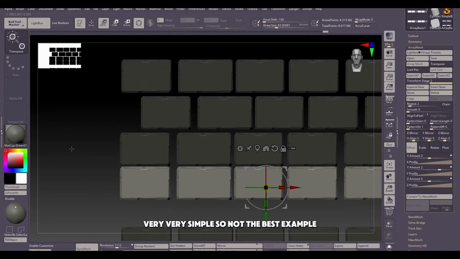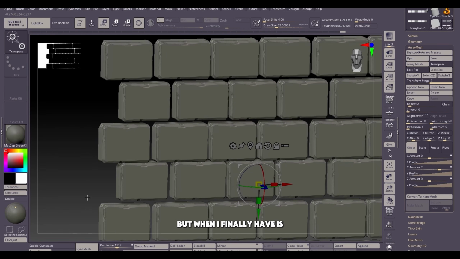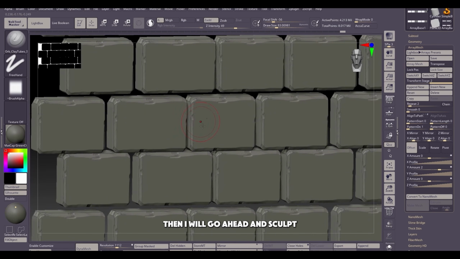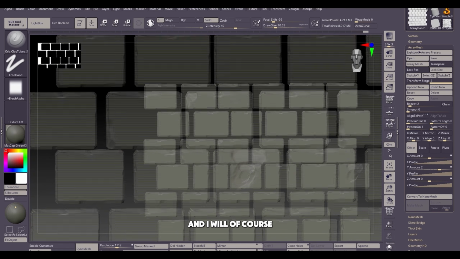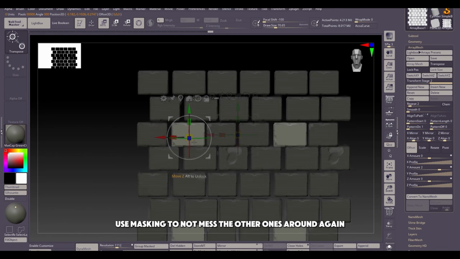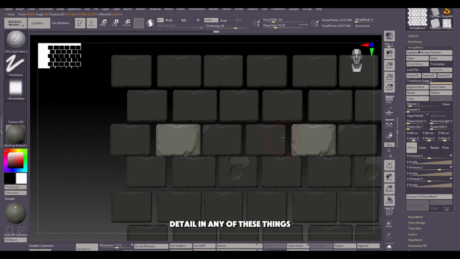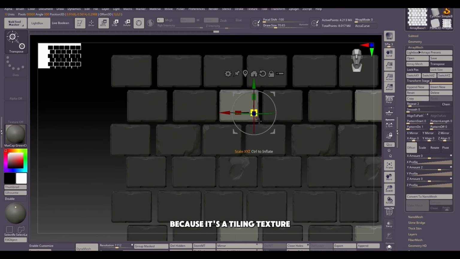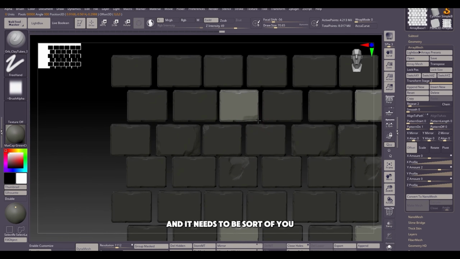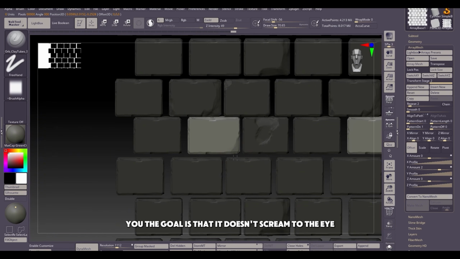Very, very simple. So not the best example, but when I finally have this, then I will go ahead and sculpt different details in each of them, and I will of course use masking to not mess the other ones around. Again, we don't want to go super detailed in any of these things because it's a tiling texture and the goal is that it doesn't scream to the eye that it is a tiling